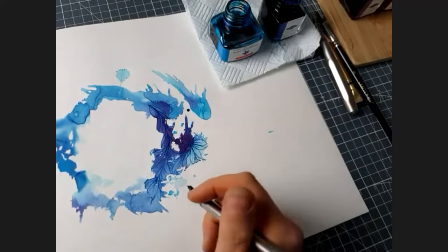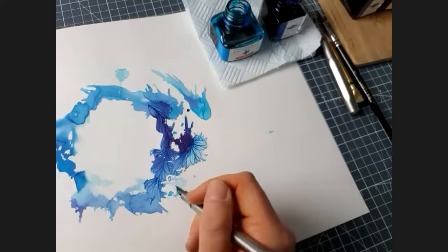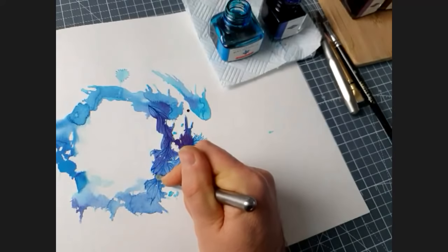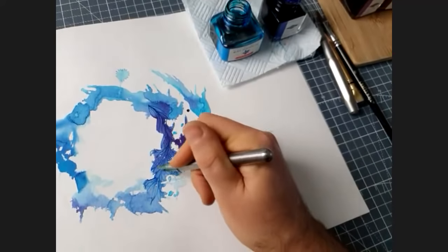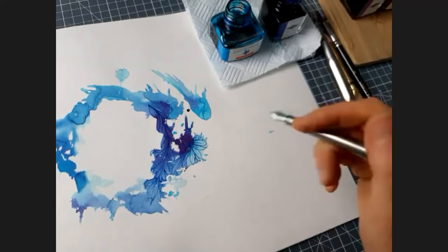I prefer the nib of a fountain pen to a dip pen. That's why, although I sometimes use a dip pen, I find that they dig into watercolor paper quite a lot if you draw in both directions. Whereas the fountain pen, when you return it to its normal side, you'll see how thick that line is now, but it's got that nice rounded ball end, which allows you to draw freely in all directions. And a dip pen doesn't really allow you to do that. You'll get those little digging sprays of